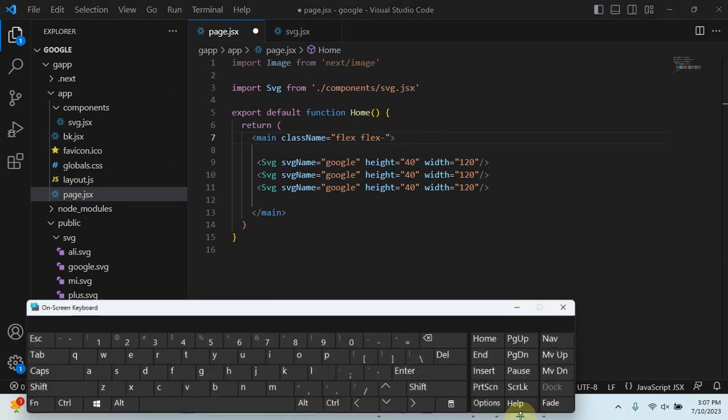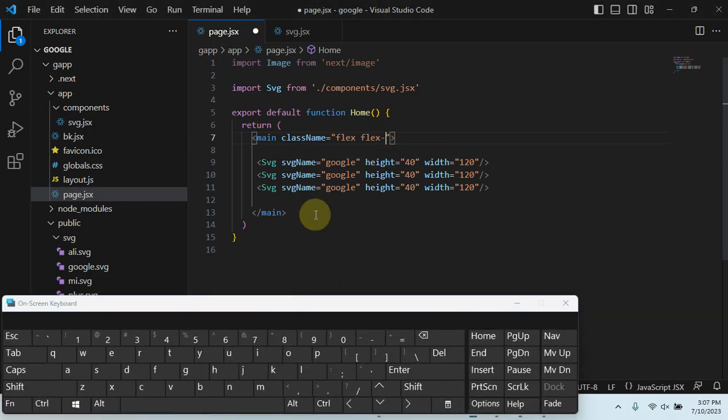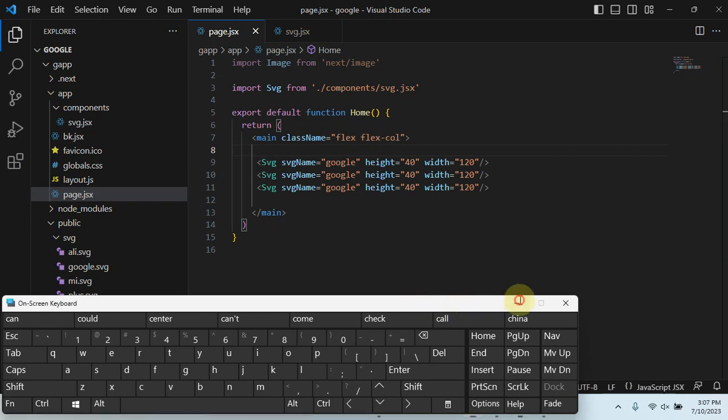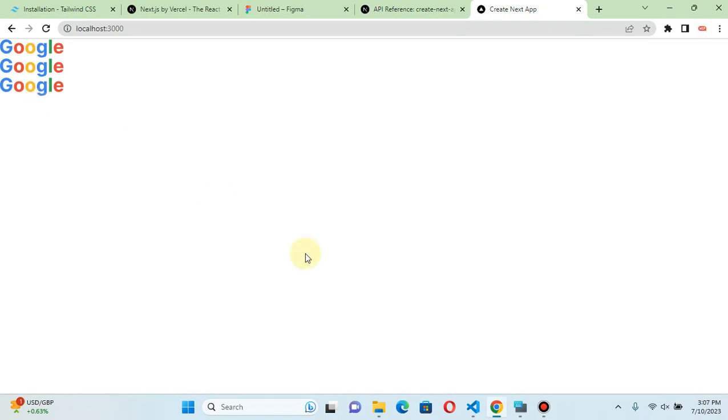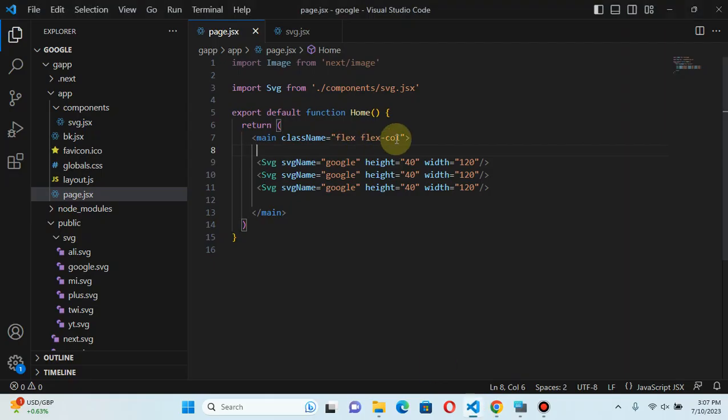Remember, my computer doesn't have a C code. Let's say flex column. I hope this is the right syntax, but we will see. Okay, that means we were right. Let's just say gap of